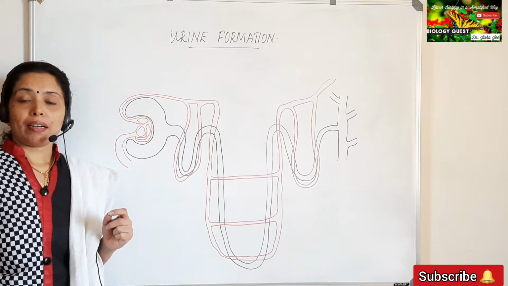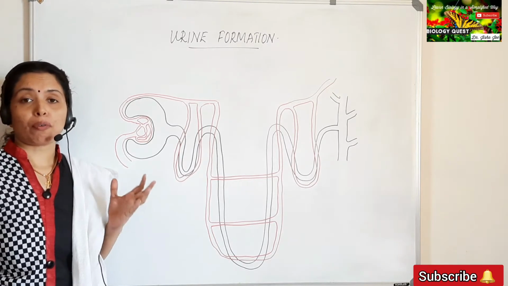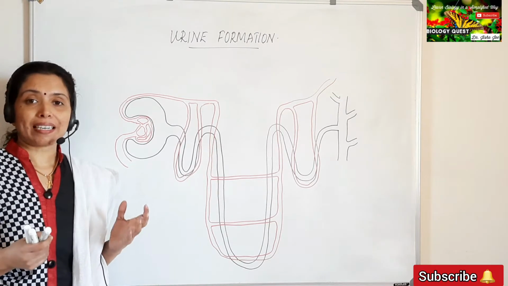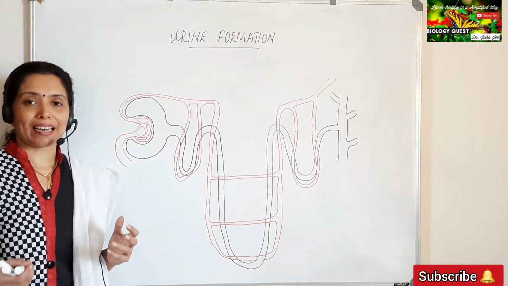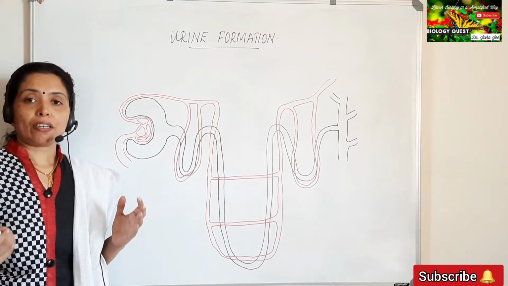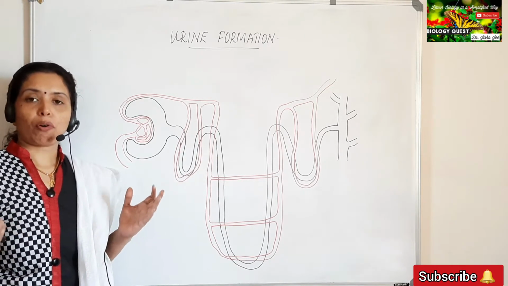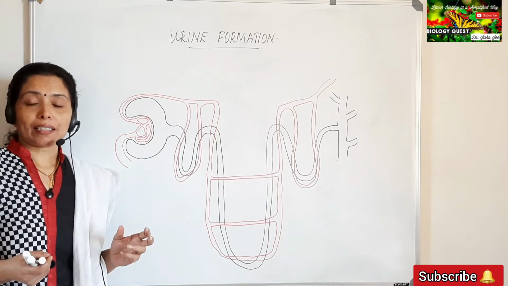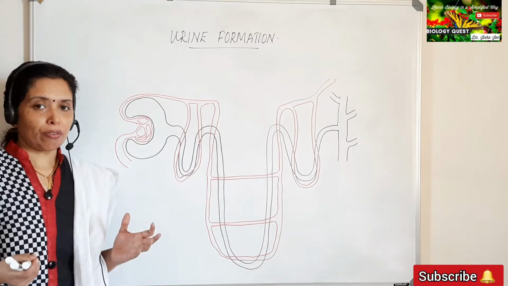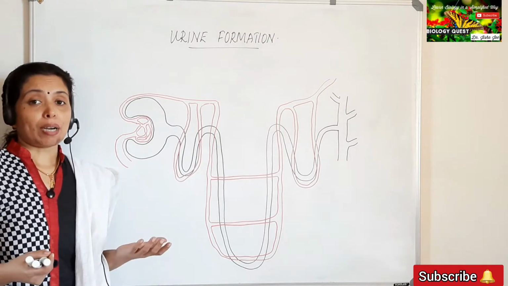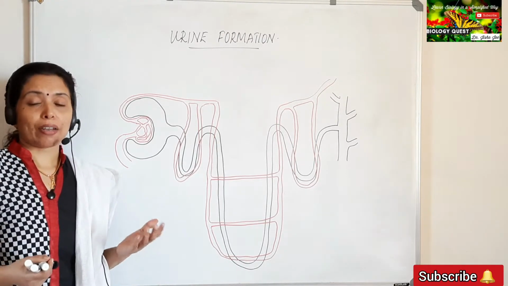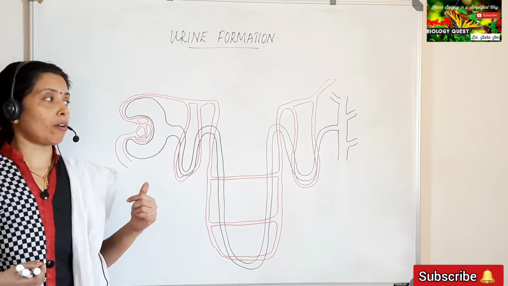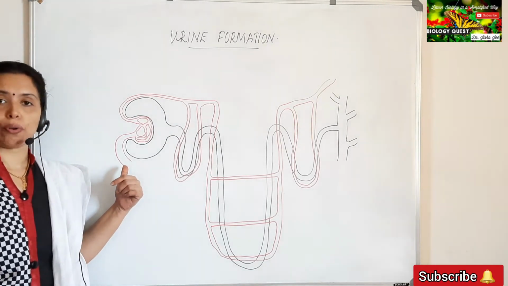We know the blood carrying all the waste from all the different parts of the body passes into the kidney through the renal artery. Once inside the kidney, the renal artery branches off and redivides to form the arterioles, and one such arteriole that enters into the Bowman's capsule is called the afferent arteriole.